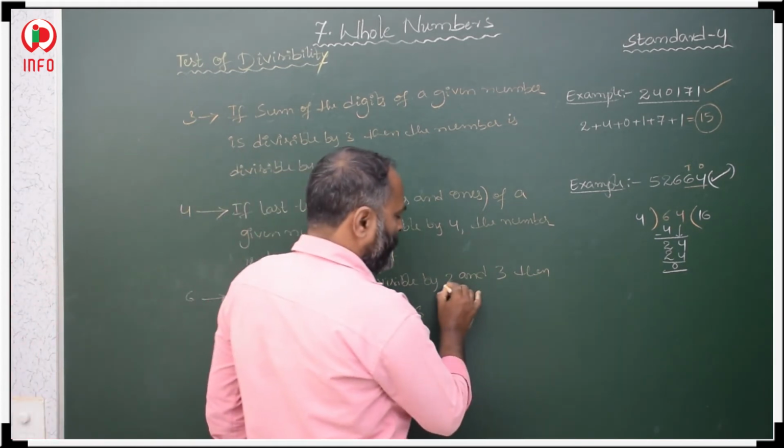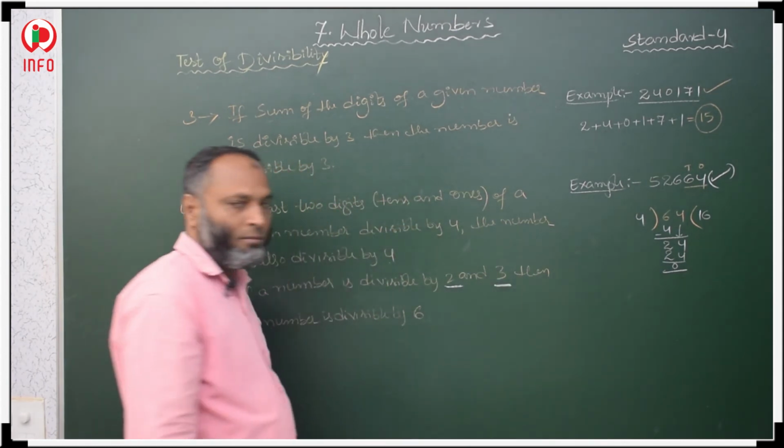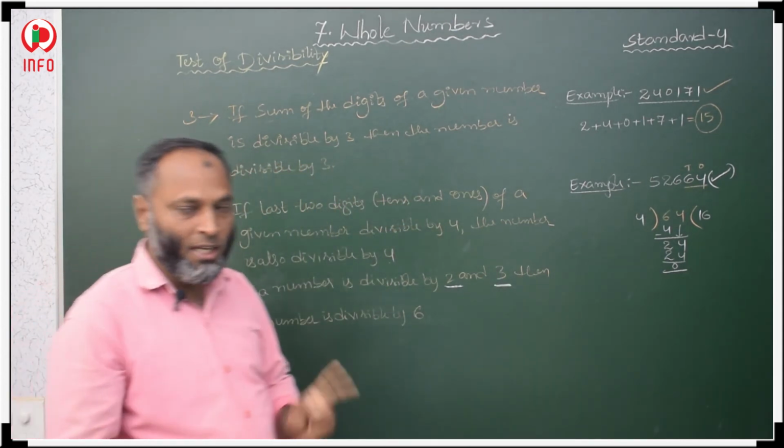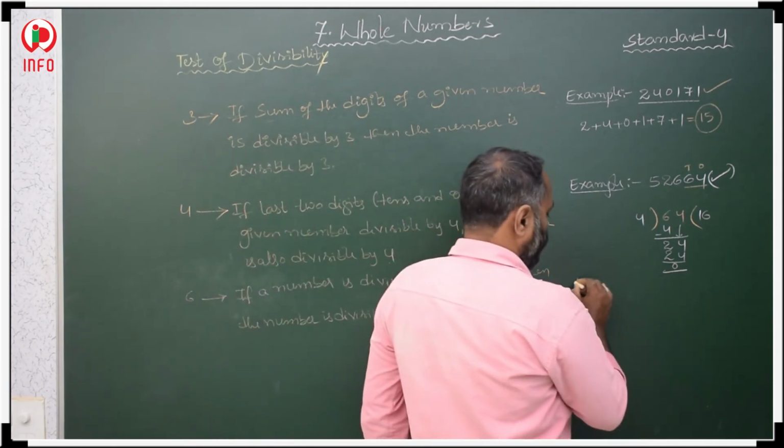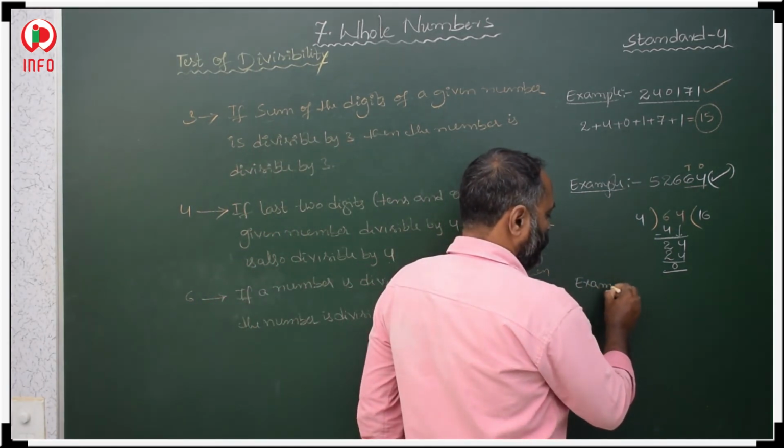So the number should be divisible by 2 as well as 3. These two conditions again we have to check for the 6 table. Example,